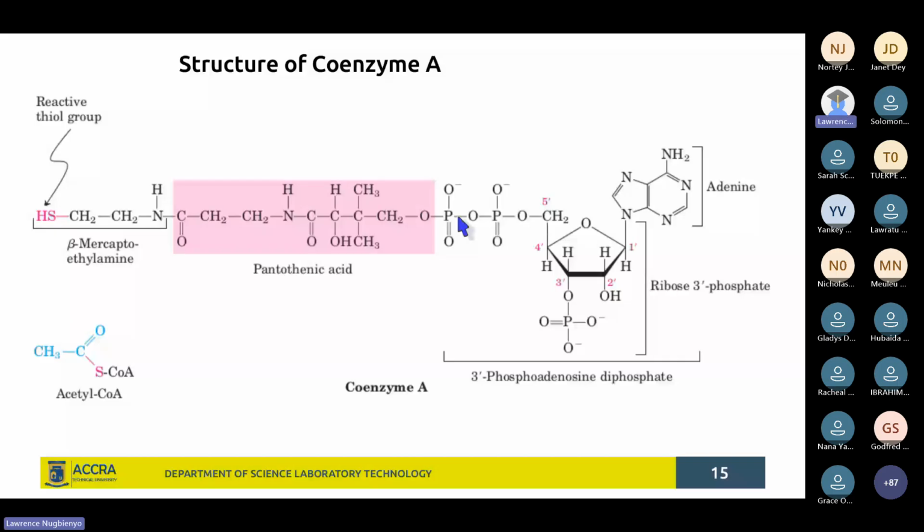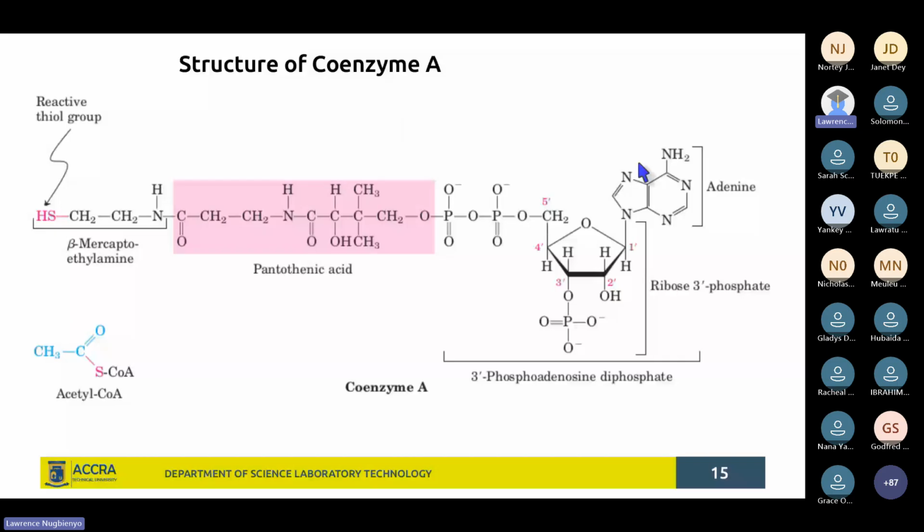We did see pantothenic acid. So that's the shaded portion, the pink shaded portion. We did see pantothenic acid as one of the vitamin Bs. And I mentioned that it's just a part of the coenzyme, but itself is not fully a coenzyme. So this is where you are seeing it. So you can take it as the pantothenic acid as a vitamin B in its active form is what you are seeing as the coenzyme A,